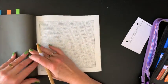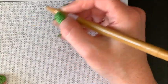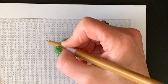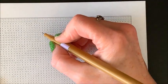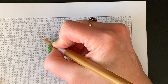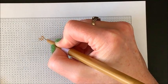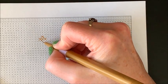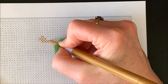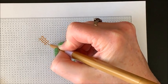All right, let's zoom back in and let's try starting this again. So, yeah, had to put some St. Patrick's Day nails on. Let's see, am I zoomed in enough? Yeah, that should be good. All right, so I was busy cutting up things in the kitchen, so I was using my hands a lot, so I probably won't be as steady and as fast doing this as I normally am. Normally I can zip along pretty good and get my X's looking okay, but when I use my hands a lot,